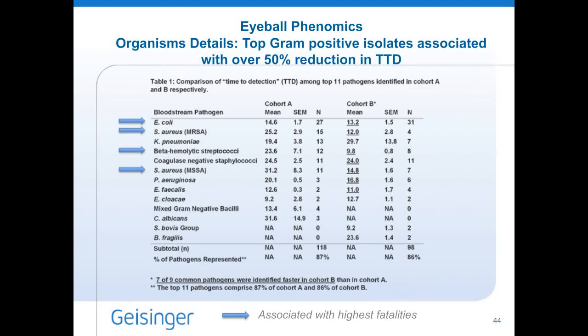The other thing that you can do without much statistics is just simply look at your phenomics and eyeball them. What's your most common and most deadly blood culture infections? In this case, we looked at a reduction in turnaround time for our BACTEC cohort, BACTEC B. Here in underline, we saw reductions in many of the turnaround times, and you would not be able to claim that the lab had any impact on the mortality unless you had this associated laboratory data. So this is the second place to look into your phenomics. And in fact, we saw a 50% reduction in turnaround time in our early pilot data.